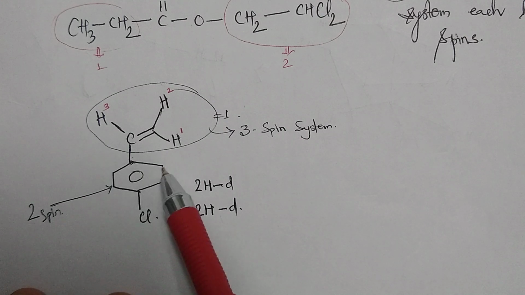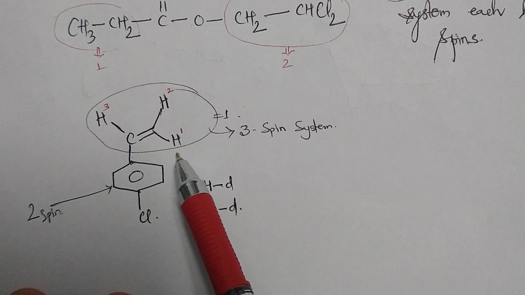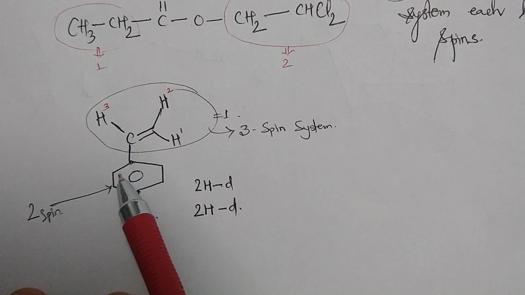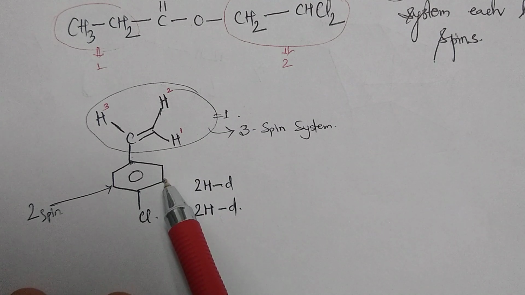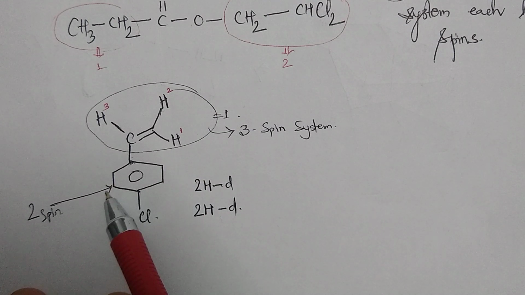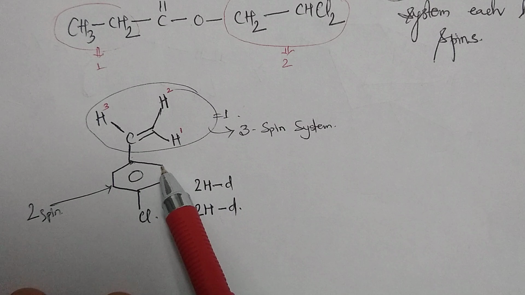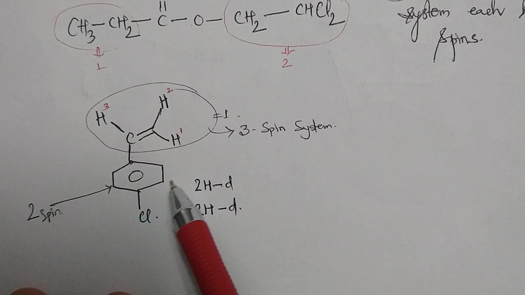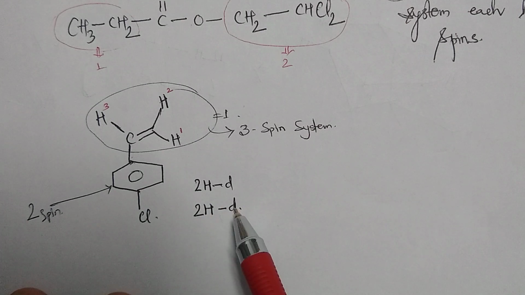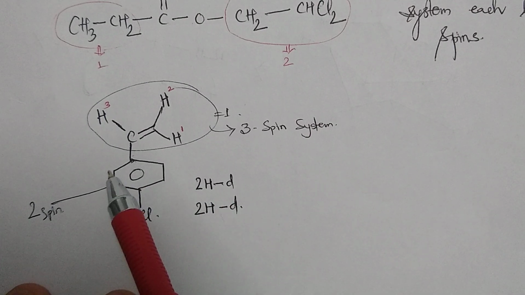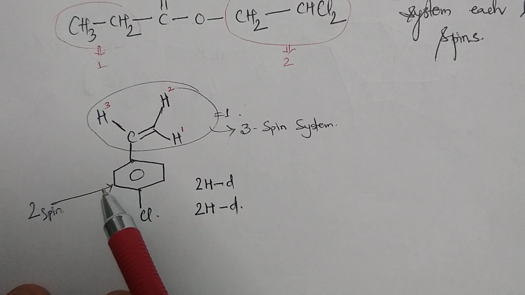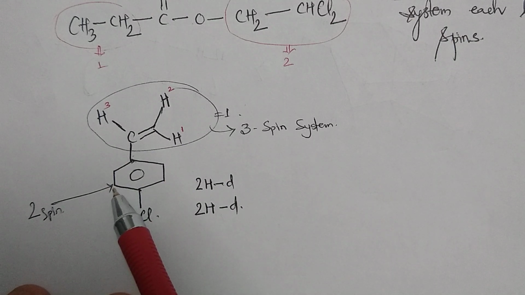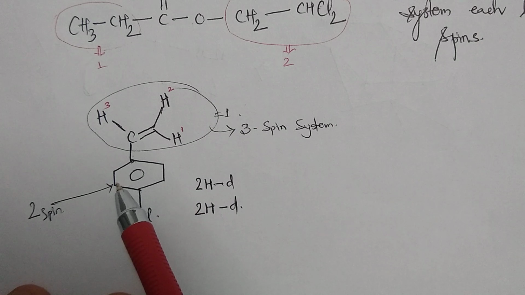So this one proton and this one proton are both in the same environment, so that leads to two protons. These two protons will give a doublet as they couple with these two protons over here. So two protons doublet, and these two protons here doublet. Two protons doublet, and these two protons will also give a doublet. So here these two protons and these two protons have two spin systems and one coupling system.